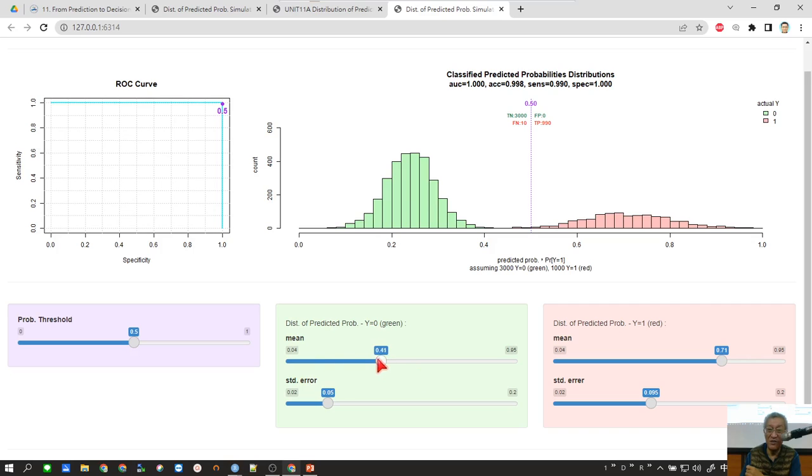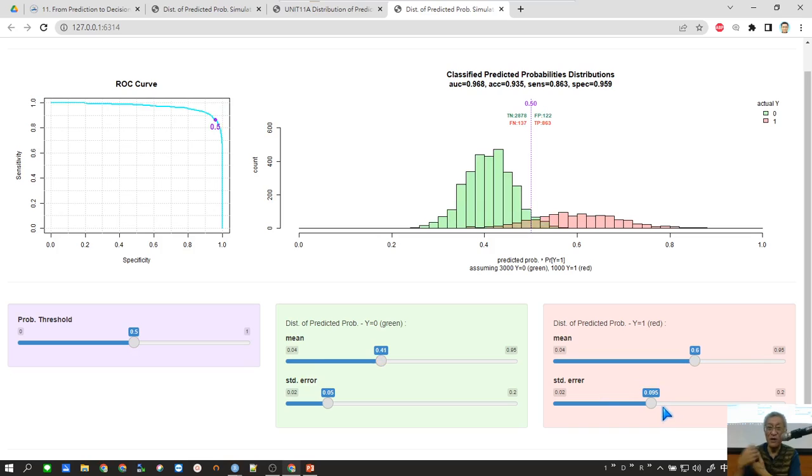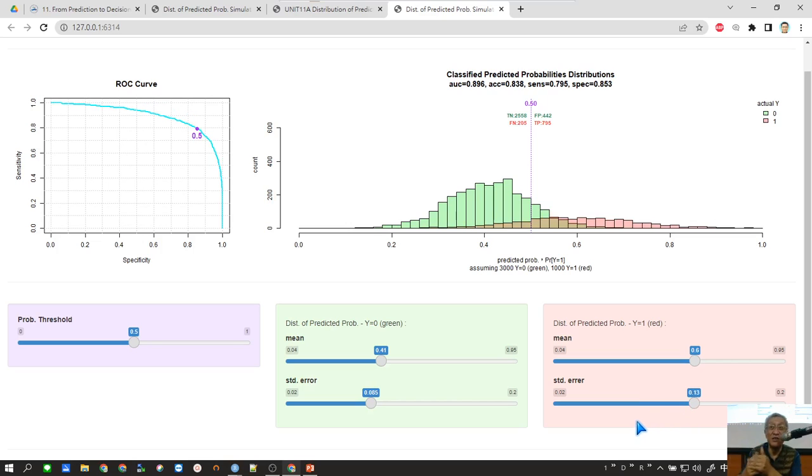But if your model is like this one, as you can see, as the two distributions start to overlap with each other, the area under curve starts to drop. See? Now if I put this lower, does the AUC increase or decrease? If this is the value of the red distribution, and I move it downward, as you can see, the AUC dropped. And if I put it upward,